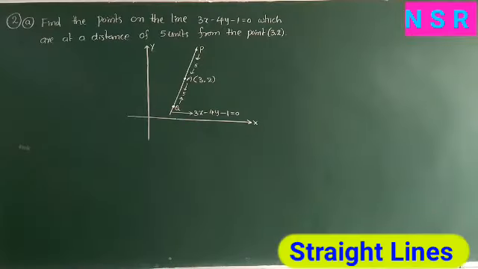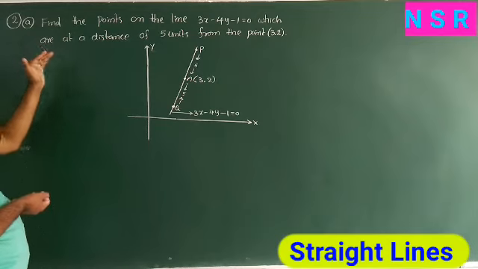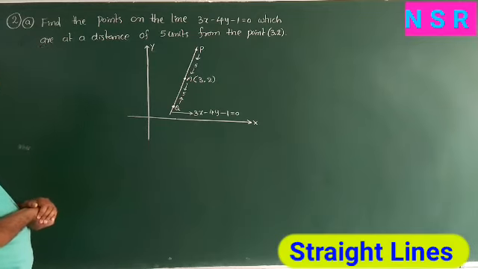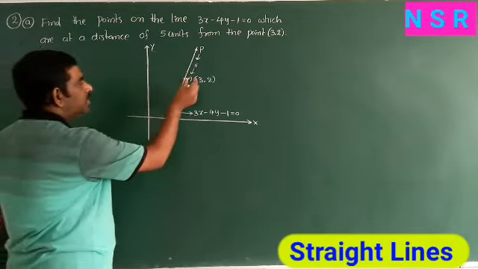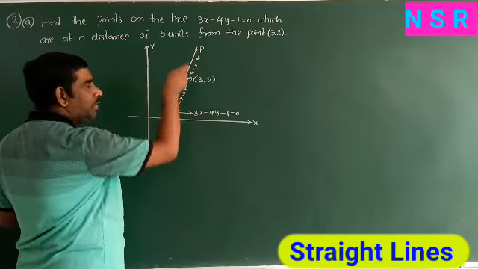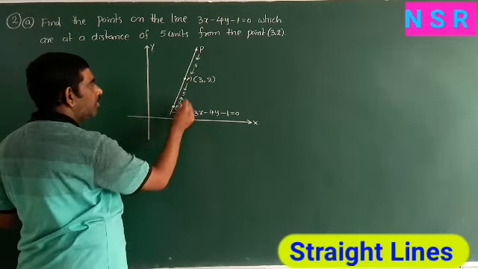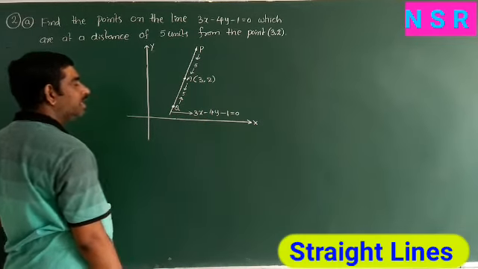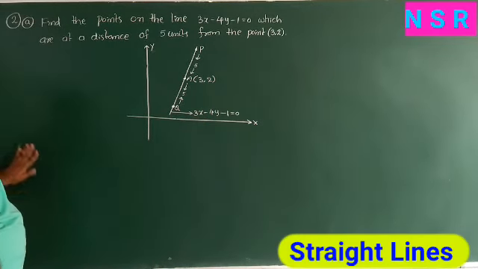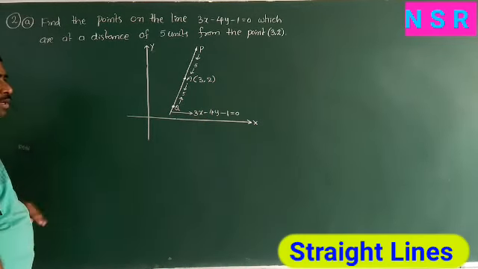So next, question number 2. In the second question, part A, find the points on the line which are at a distance 5 units from the point 3 comma 2. It means the distance from A is 5 units. We have 2 points, consider that they are P and Q. So here find the P point and Q point on this line. Already the line equation is given: 3x minus 4y minus 1 equals 0. So this is a very important question.